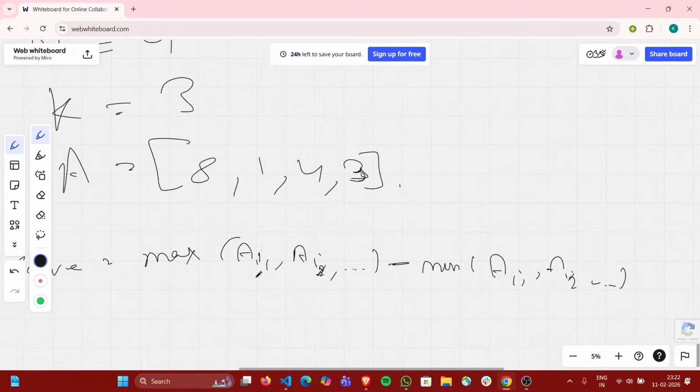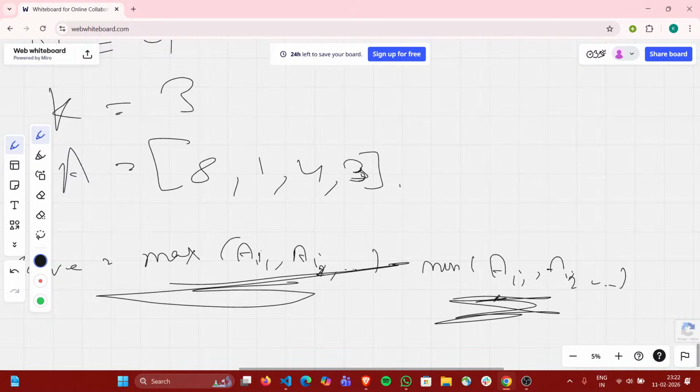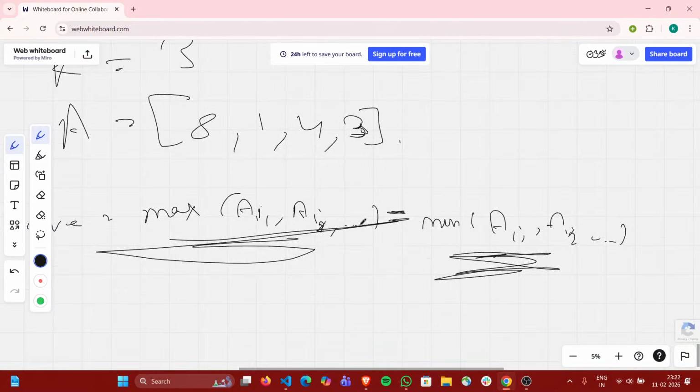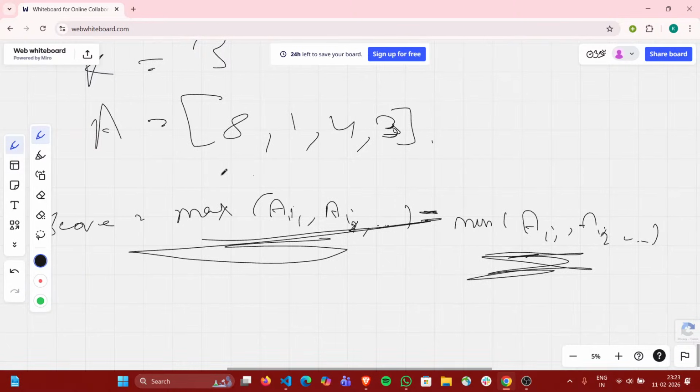If you carefully observe, we just need to think about max and min, and we do not need to think about any other index, right? So if you think carefully for this test case, so optimally you can say that I